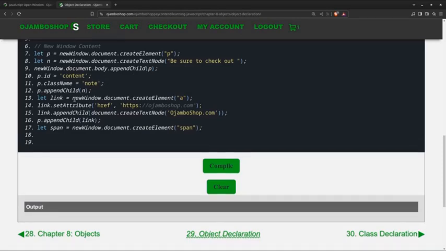Then instead of doing a setAttribute, you can also use innerHTML, and you can add your own things here. I'll show you how to do that. span.innerHTML equals, I'm going to use template strings, space for the courses, and to leave a donation click